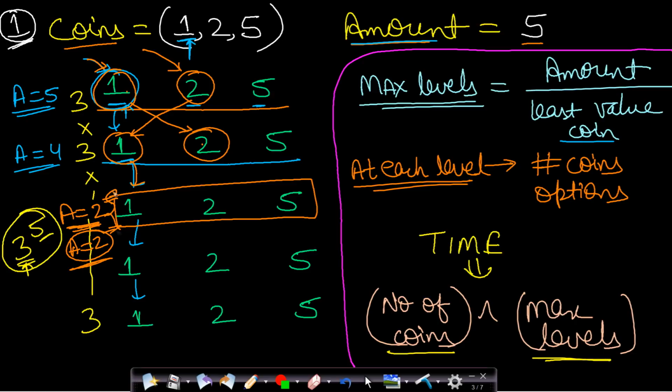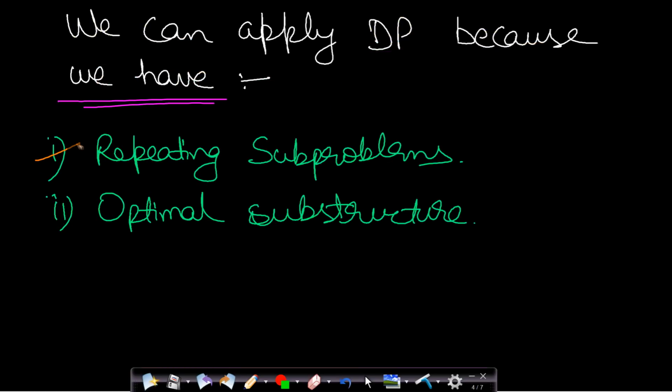So this problem is having repeating subproblems, and you can see that if you can solve this subproblem of finding amount equal to 2 using 1, 2, 5 denominations, then you will be able to solve the higher subproblem and again the higher subproblem. Okay, so this is having an optimal substructure, because a larger problem can be divided into smaller subproblems, where if you solve the smaller subproblems, then that will lead to a solution for the higher subproblems. Okay, so this is having both the properties, repeating subproblems and optimal substructure, and therefore we can apply dynamic programming for this problem. So before applying dynamic programming, we should look at a concept.